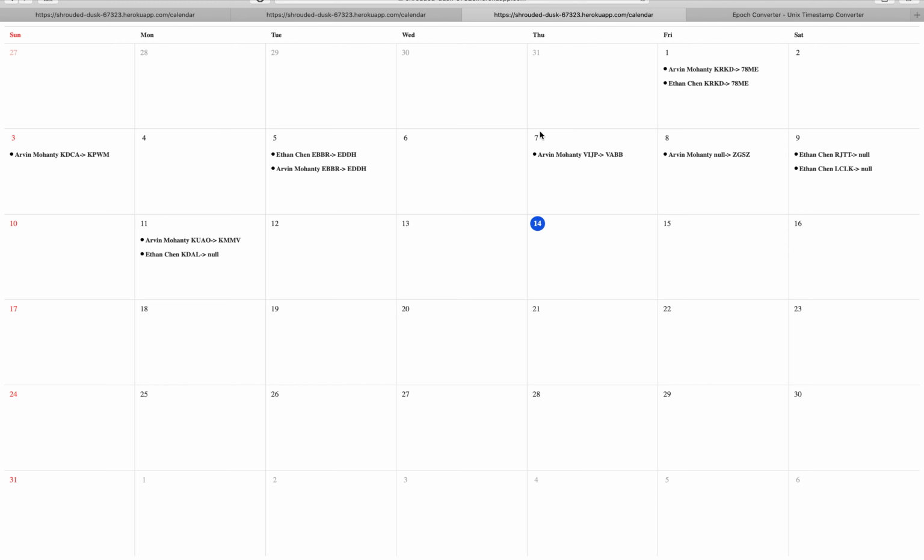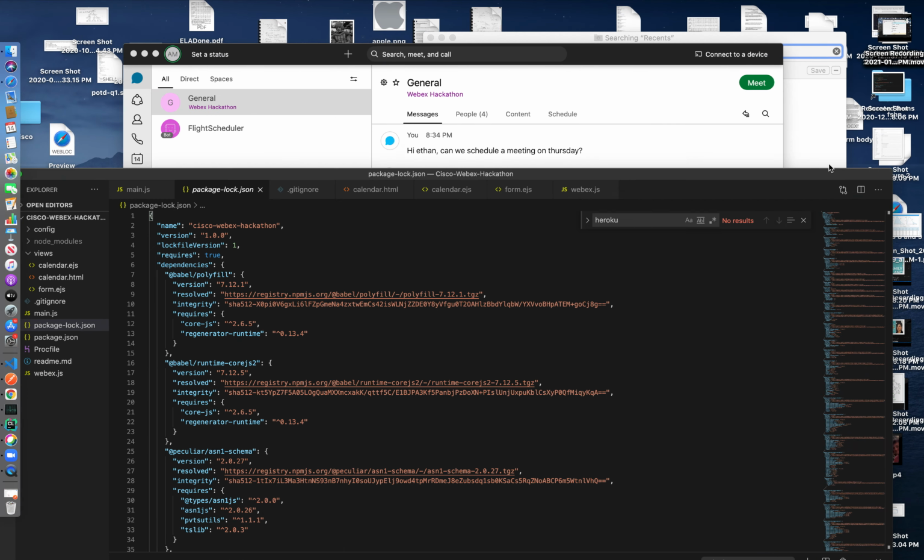And through using a platform like this that's accessible through a chatbot in a WebEx space, people can truly know when they're traveling, and that can help avoid time conflicts that are going to happen more and more as the world recovers from COVID. So a high-level overview of what's going on here in the code would be we have